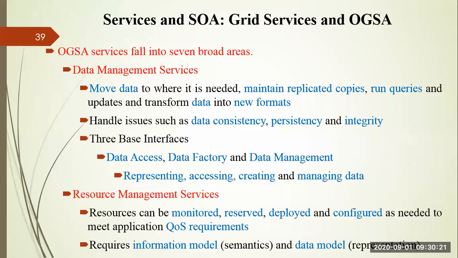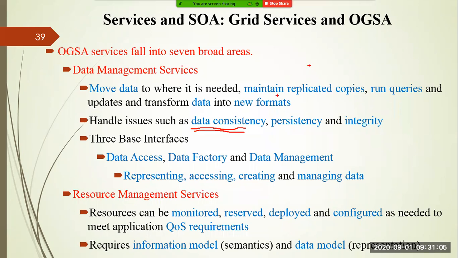And OGS also provides another broad area, which is nothing but your data management services. So you can move your data as and when required. You can maintain replicated copies, because if you keep data in a single system, it may be destroyed by a natural calamity or by some hardware failure or software failure. That's why you have to maintain replicated copies. Once you maintain replicated copies, you have to make sure that there is data consistency. Data should be consistent. Otherwise, one copy may have one thing and another copy may have different things. So whenever you want to merge two things, you may face a problem, because these two copies are completely different.